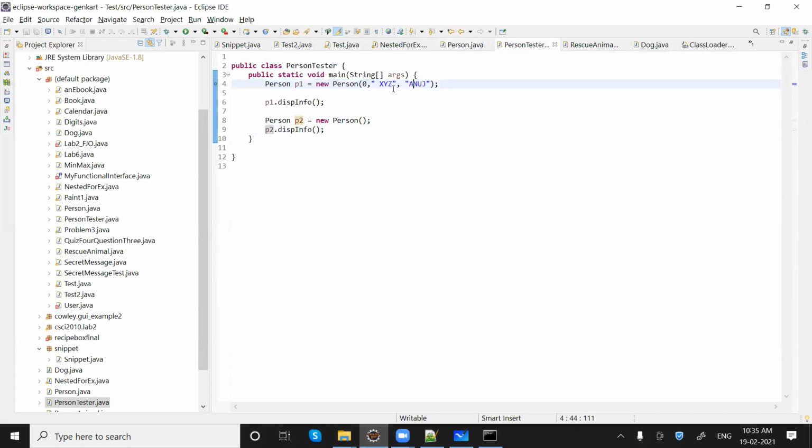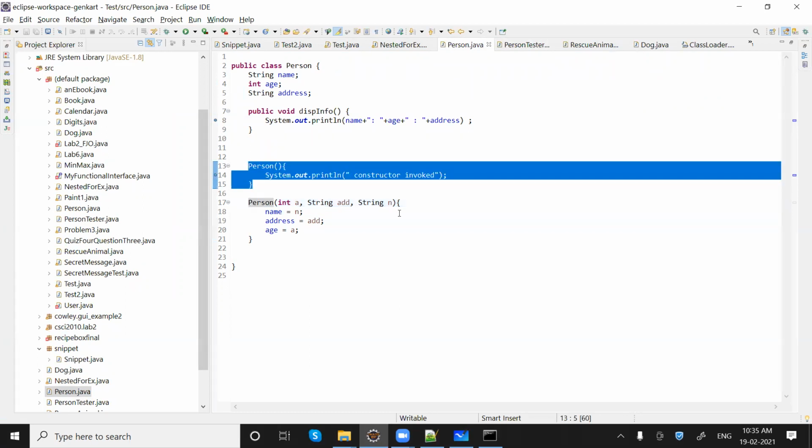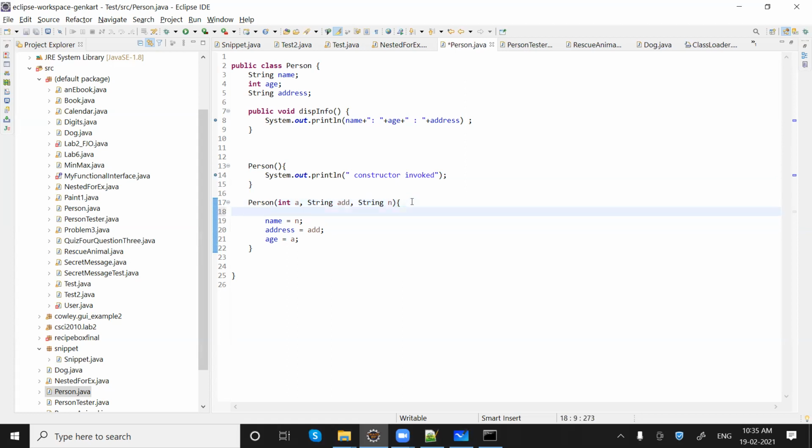that means we are calling a constructor which will accept three parameters. First one would be int, second one would be string, third one would be string. And if I say open declaration, you can see it will take us here to the parameterized constructor. So that means this is not getting called, or if you want to see, you can just write it like here, I am in